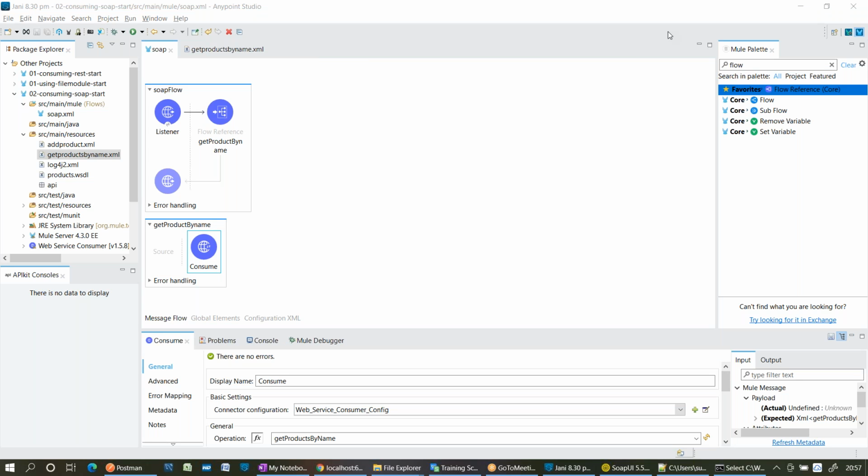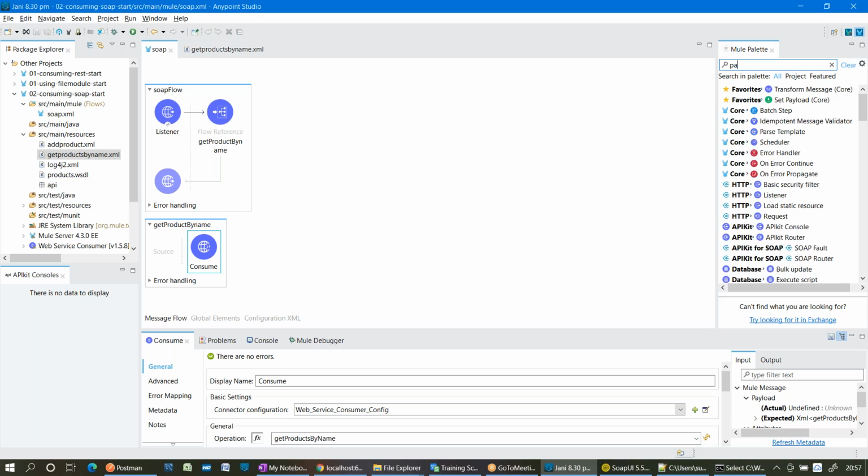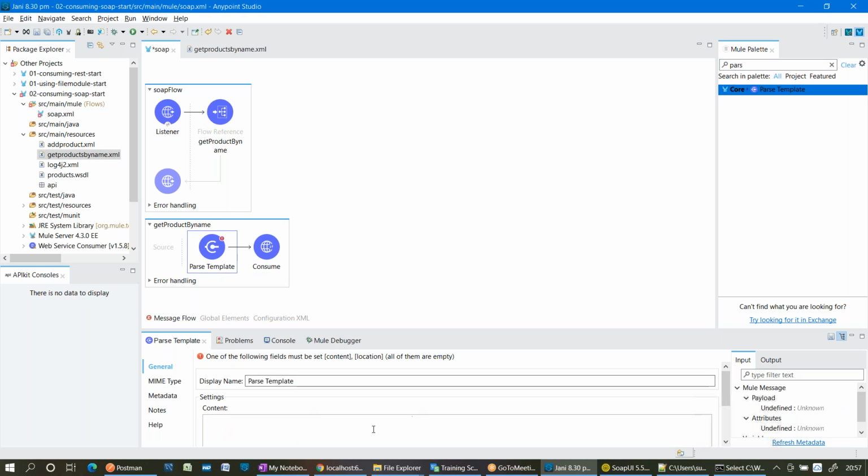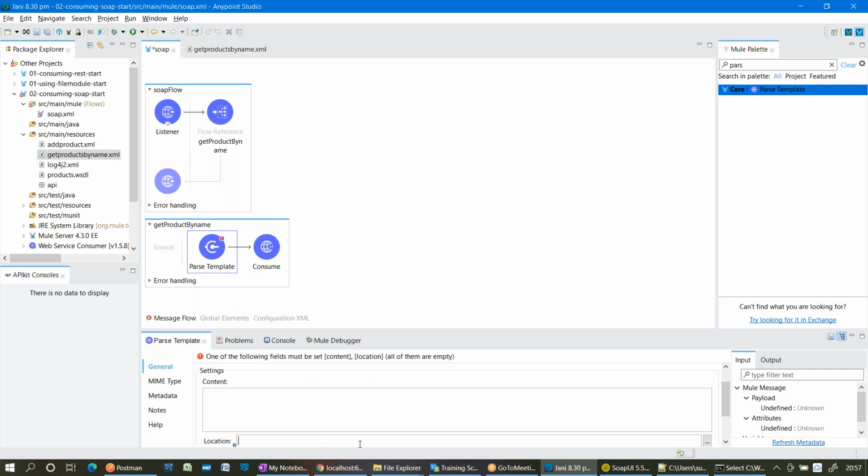And this XML template, how will it be passed as an input to the consume connector? Someone should be there to read that template in XML language. Someone should be there to parse the template. Yes, there is a component called parse template before this consume connector. In that parse template, just give the location where the template is present.